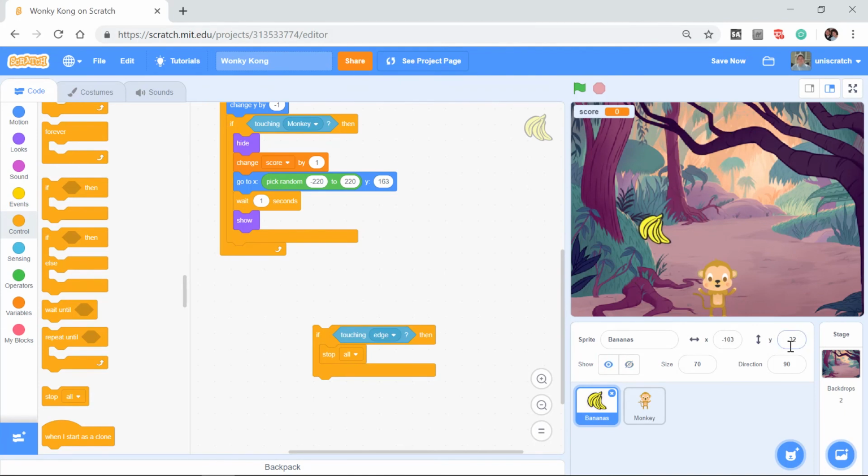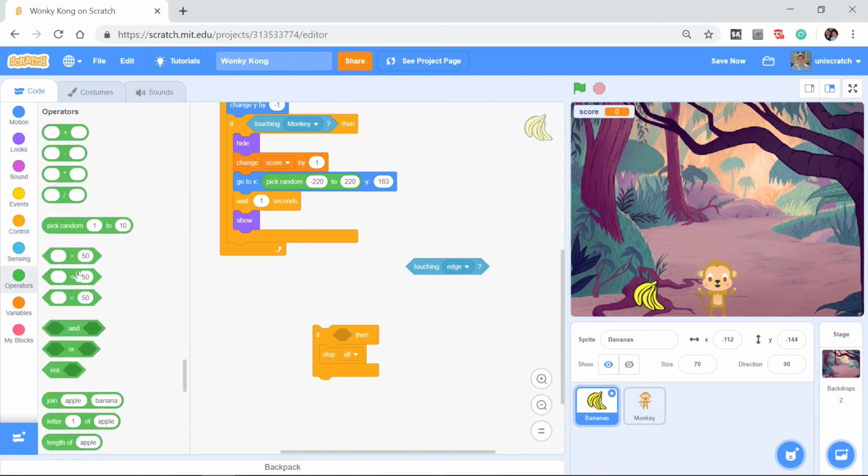Right now, as I move the bananas around, remember that we can look at where it is through this value right here. So that's -32. I'm going to say that a y value of -156 is basically touching the ground. And so instead of asking the bananas, are you touching the edge, I want to know, is it above -156, meaning it's in the air, or is it below -156, meaning it's hit the ground? And so I can pick all of that up by coming to the